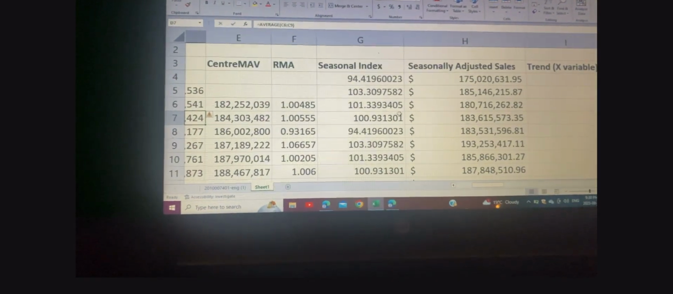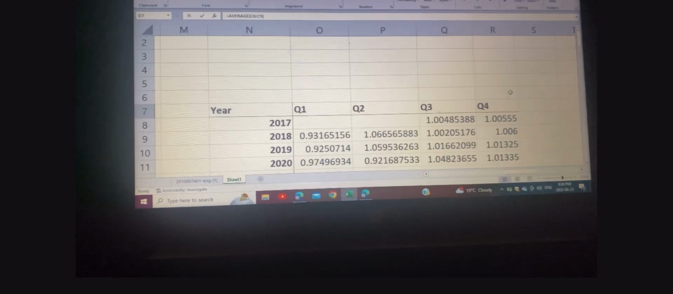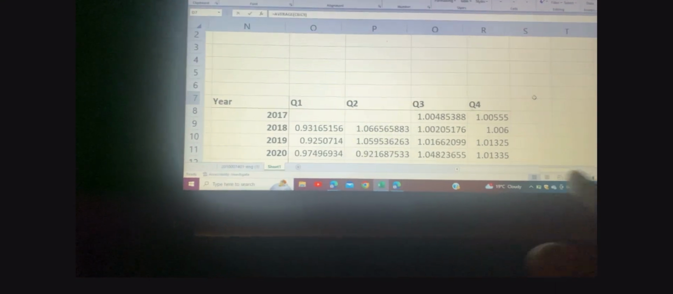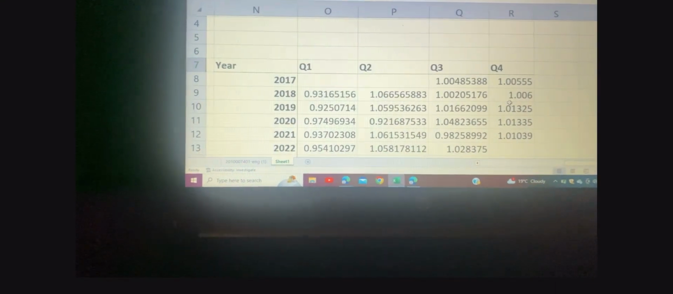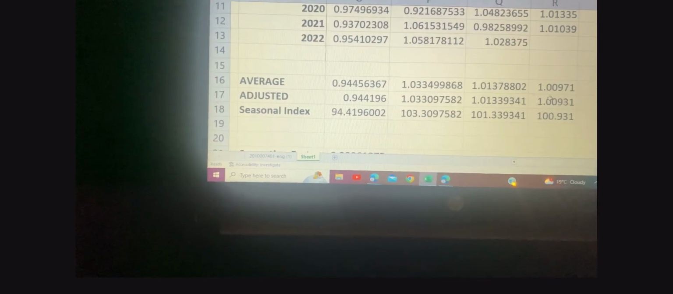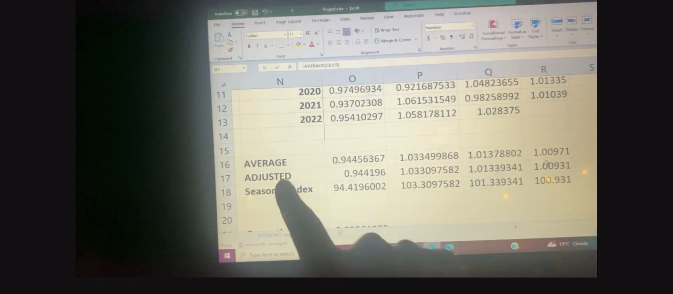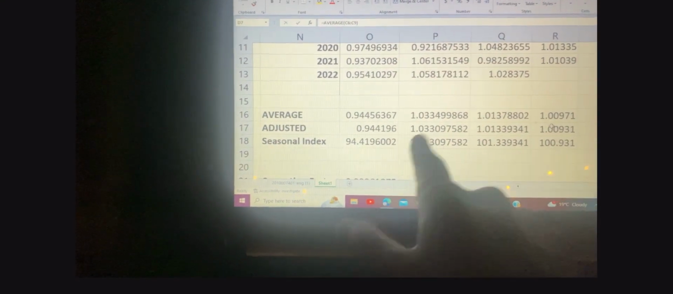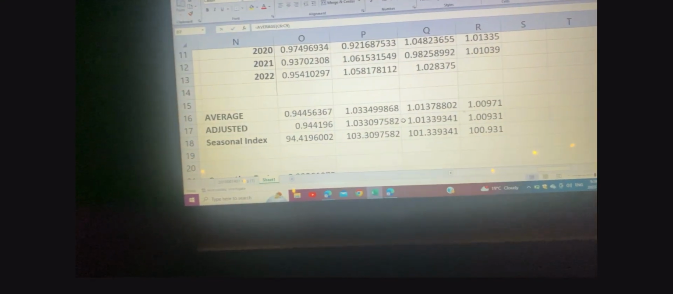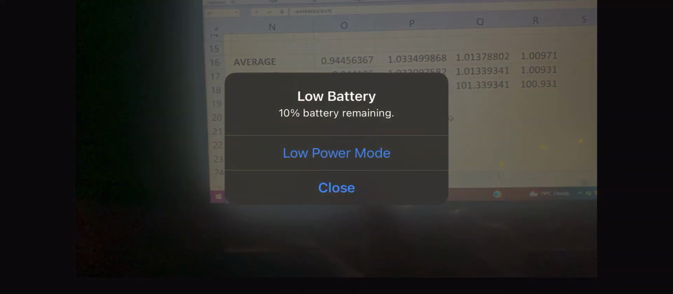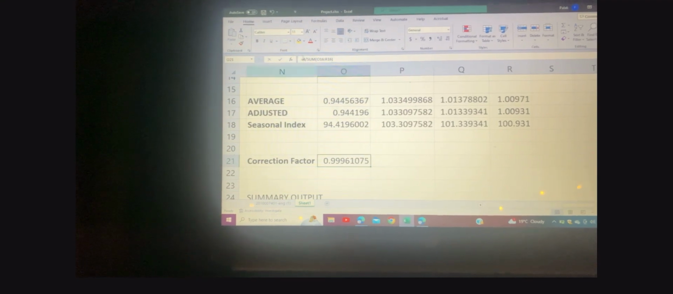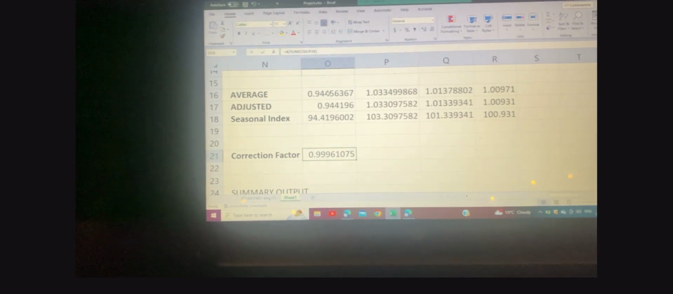To find the seasonal index, I made this little chart over here. This is the ratio to moving averages number as we earlier saw. I copy pasted them with the help of transpose paste special. Next I found the averages of all quarters, and then I need to find the adjusted number. So how do I get this number? For this number I got the correction factor here. The correction factor is just 4 divided by the sum of these 4 averages. Once I found the correction factor,